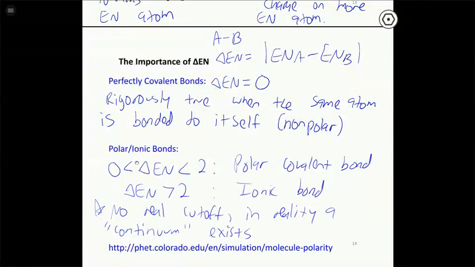Now, conventionally, as I said, if two nonmetals are bonded to each other, we call that covalent. If it's a metal with a nonmetal, we call that ionic. But really, the nature of the bond is the same for both, and it just depends on how equally the